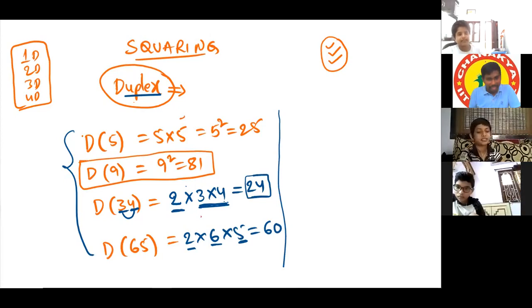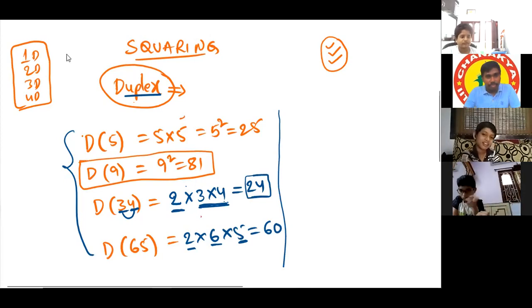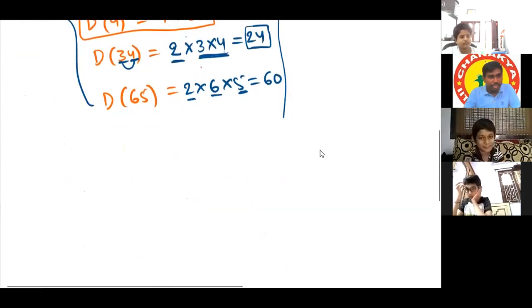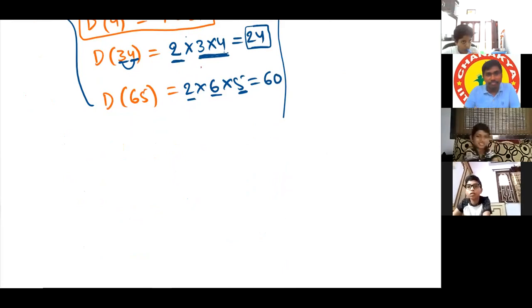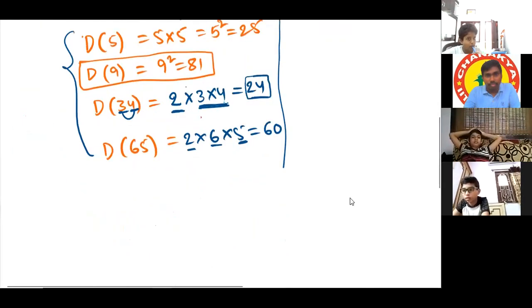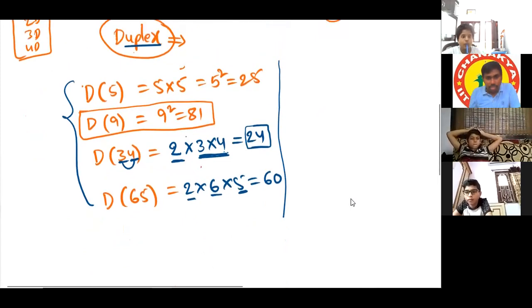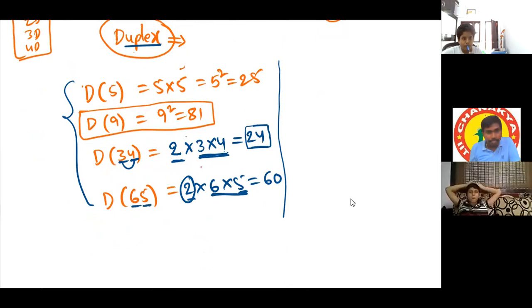Using duplex, we will do squares, okay? Can you explain it again, sir? Then 3 digit number? Let me give you 3 digit also. Shivpranav, tell your doubt. What you didn't understand? Twice the product of the digits, so 6 into 5. Duplex of 65 is 6 into 5 and then double. Oh, okay, sir.